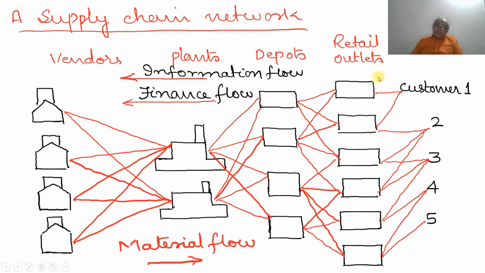outlets. From the retail outlets, it will go to the main dealer. From the main dealer, it comes to the company, and in turn from the company, it goes to the vendor. So this is how the finance will flow. So this is purely a supply chain network, wherein we will have the material flow in one direction, and the finance will flow